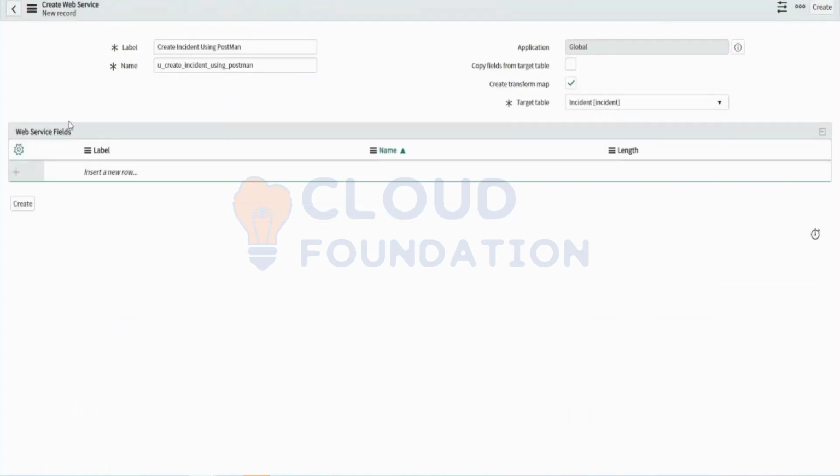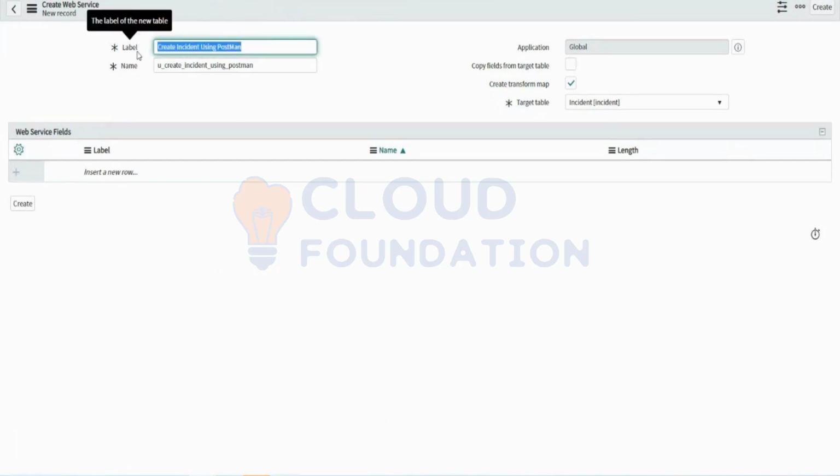Meaning to say, before our Postman sends data to ServiceNow, like the transform map, if you remember, it was not directly getting stored in the target table. It was getting stored in the staging table. Likewise, any third party application that is going to send data. That's why I wanted to create it, I mean, take it through transform map and then integration at the last, because everything we would have covered so far, so it will be easy to understand, right?